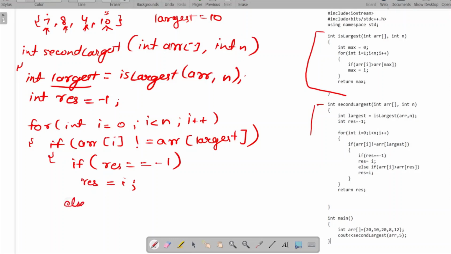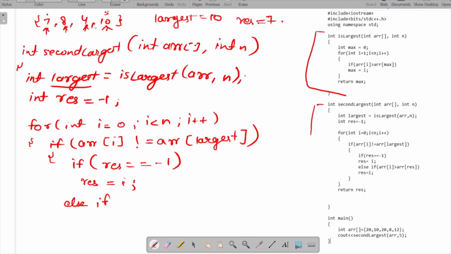Again there is one more condition which we will check now. So when we have checked for 7, we will simply move on to the next element which is 8. Again we will check if 8 is not equal to the largest element. Yes, 8 is not equal to 10, but this time our result value we have previously set as 7.